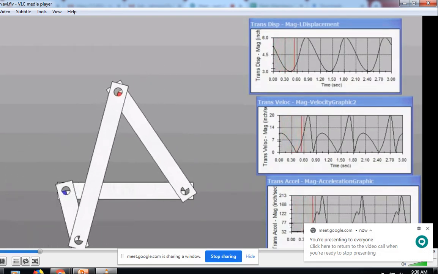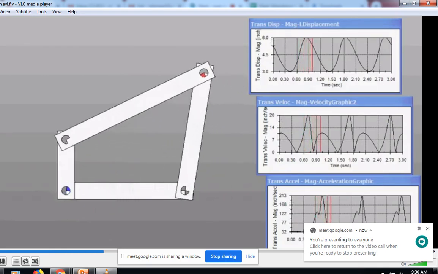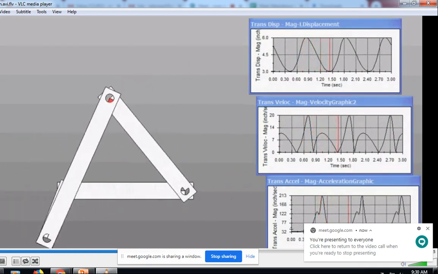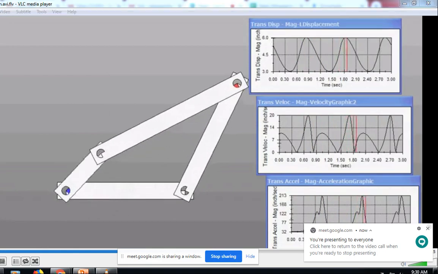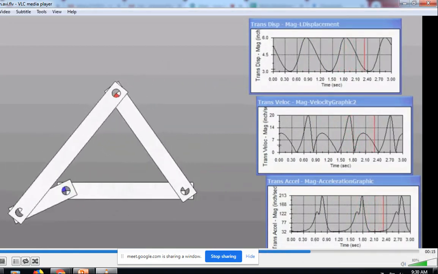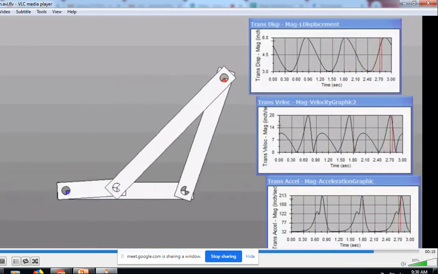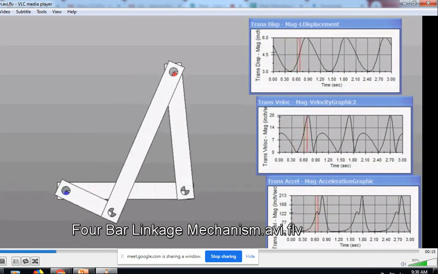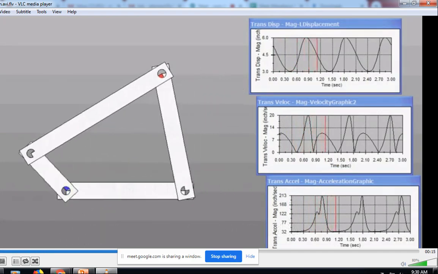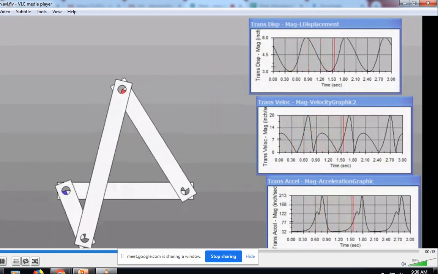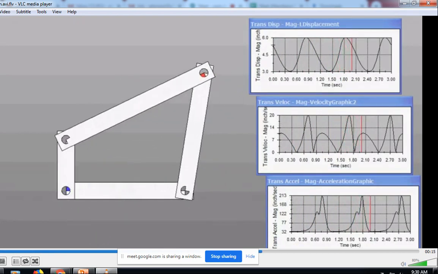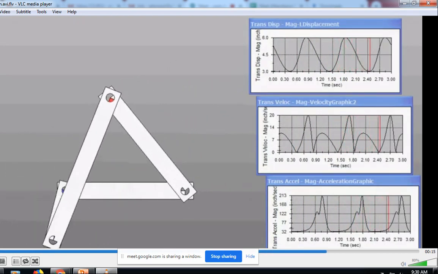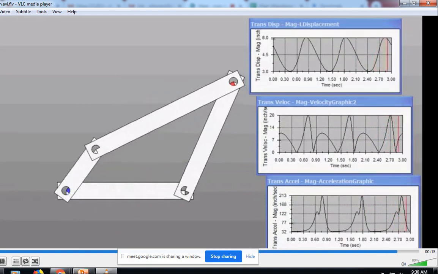So you can see the shortest link here is this one, and this is going to oscillate in complete rotation. And if this rotation is complete, you can see there is only an oscillation in this manner. Okay, I'll just play it once again. You can see the shortest link, if it is considered as link 2, is going to rotate in the entire circular motion, full rotation, and here the longest link, that is link number 4 in this case, is going to oscillate only in this range of angle.